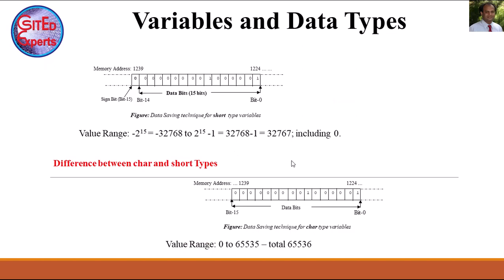So we'll come to that later. But now let us spend a minute to understand the difference between a character type and a short type. As you know, both character type and short type take 2 consecutive